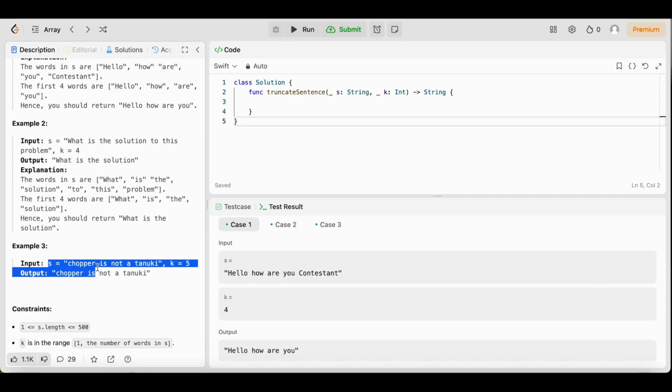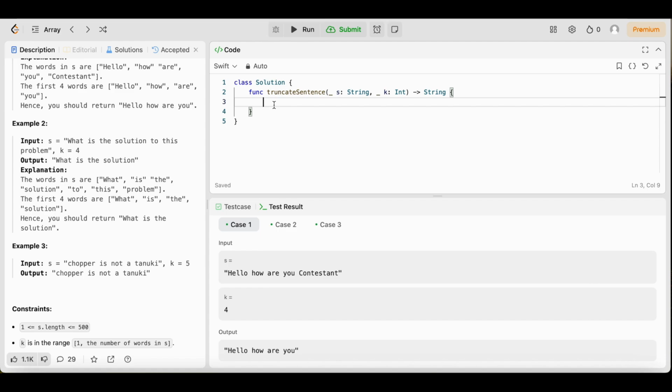So S equals "chopper is not a tunnel key." K equals 5. The output is "chopper is not a tunnel key" because K equals 5 and the sentence is already 5 words. So we just return the initial 5 words that we started with because there's only 5 words in the sentence. So now that we understand what the question is asking,